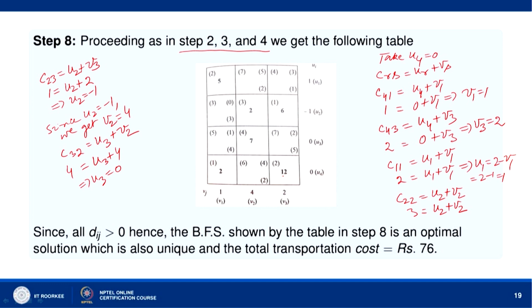So, now let us find Ui plus Bj for each unoccupied cell. Okay. So, this is an unoccupied cell. So, U1 plus B2, because it lies in the first row and second column. So, U1 equals 1. So, 1 plus B2, B2 is equal to 4. So, 1 plus 4 equals 5. So, this is 5 here.